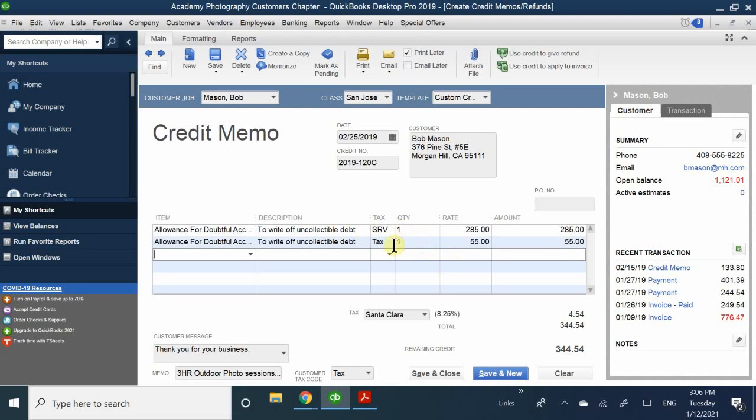Where my one item, which is my photo paper, was $55, but it was taxed. So by looking at it, just to make sure that this calculation is correct, $344.54 is your total amount that you're writing off for the bad debt. And I went ahead and labeled each item to go directly to the allowance for doubtful accounts item. And here I'm going to clear this little memo and say that this is actually going to be to